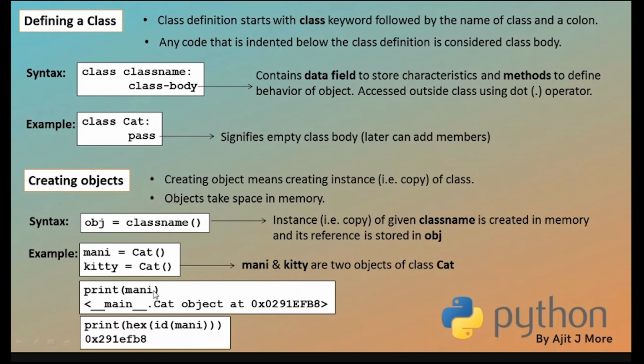Okay, and if I try to tally it by printing their address, who returns the address of any object? id. That address is returned in decimal. That I have passed to hex. I got it. Does the address come the same? That itself proves it is the address of that object. Okay, I hope it is clear. That is the memory address of the object.